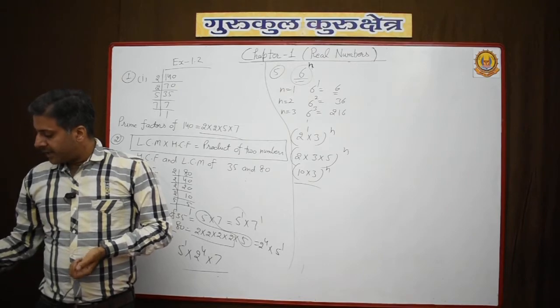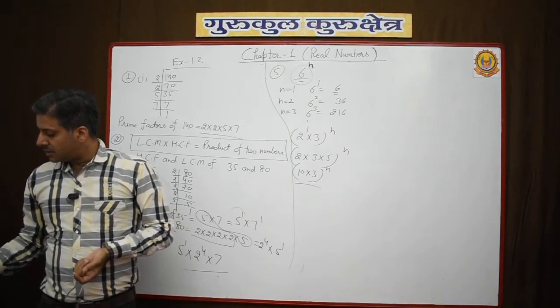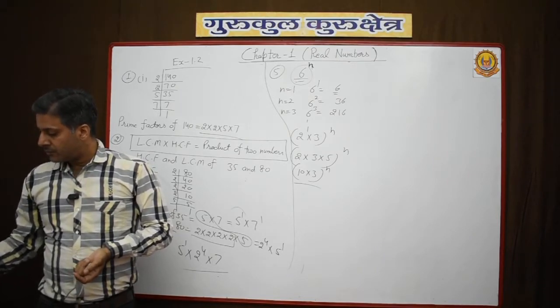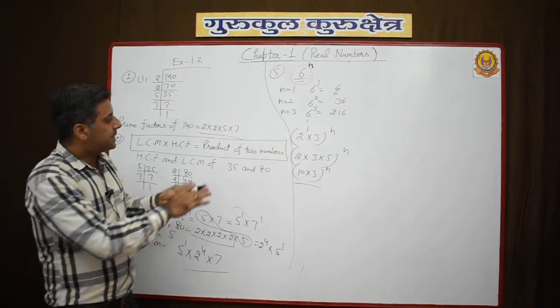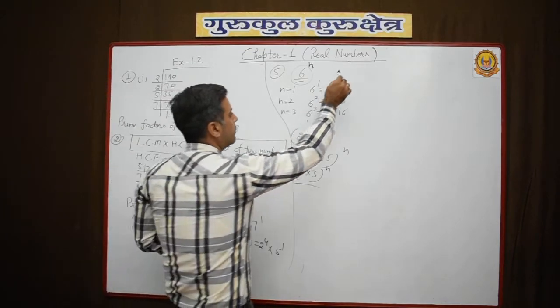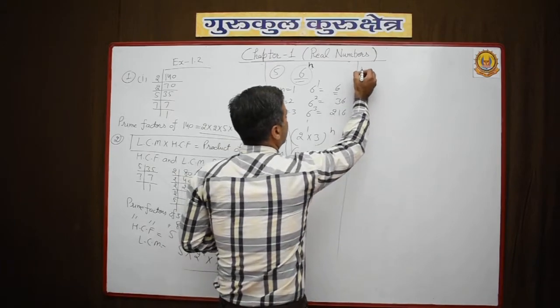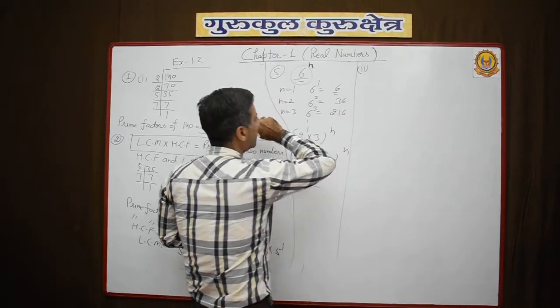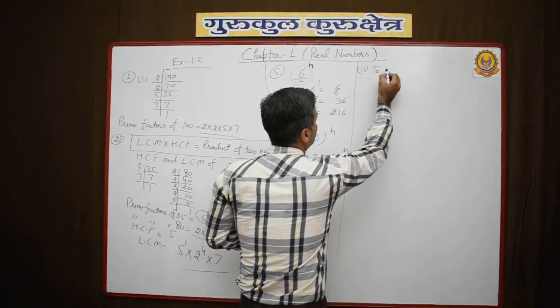Clear? And in the 7th question you have to find out the LCM here. So now this first part is completed. Now we are going to start the second part, fundamental theorem of arithmetic, that is to check